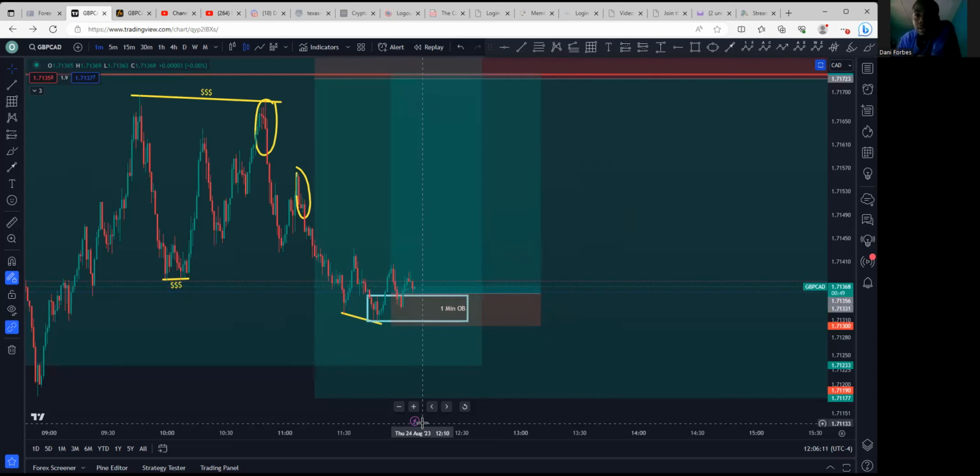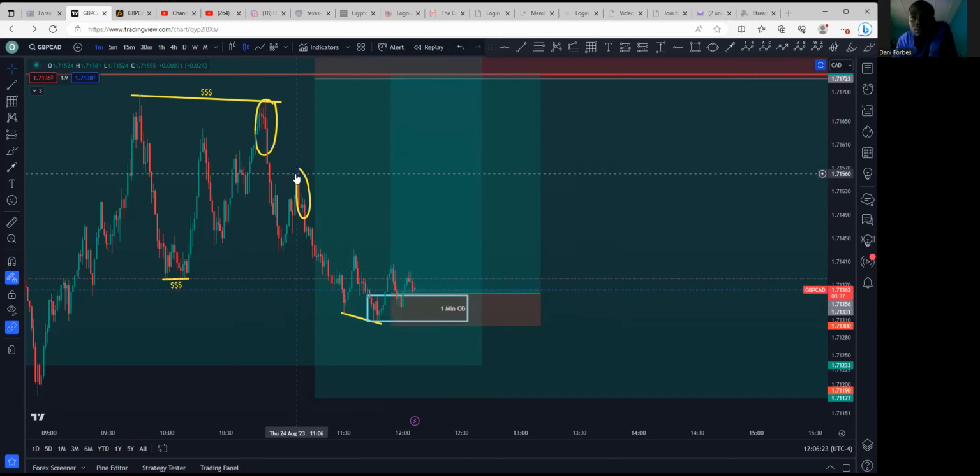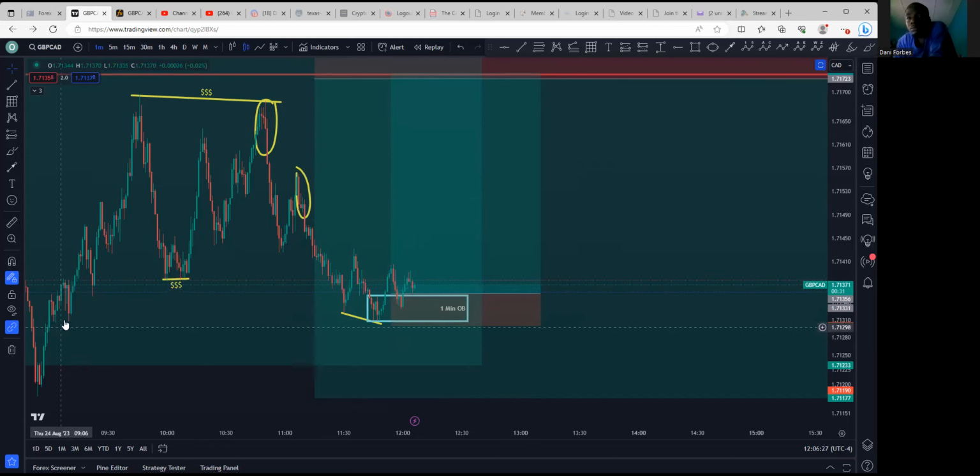The first high. Right here. Yeah. The most recent imbalance. You said it that way. The most recent imbalance right here. So when price comes right here and breaks up above here, I'm looking to do what? Hey, cool, close 50% partials, stop loss at break even, let the rest ride to TP.